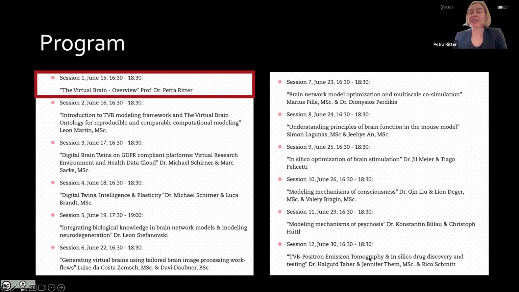In the last session, we also will provide more information about the final test. There will be a final test, of course, only for those who are interested to take it. And this will be circulated. There will be questions that we ask you then to answer and to send us back the answers. And depending on the correctness of the answers, you will pass or not pass. And then if you are not passing, you will get a second opportunity to pass the test. And if you have passed the test, then you will get the credits and the certificate for the course. So this is the plan.